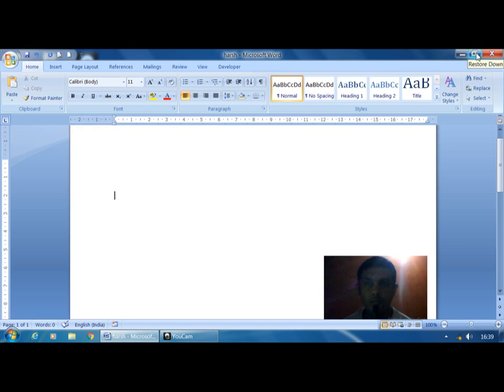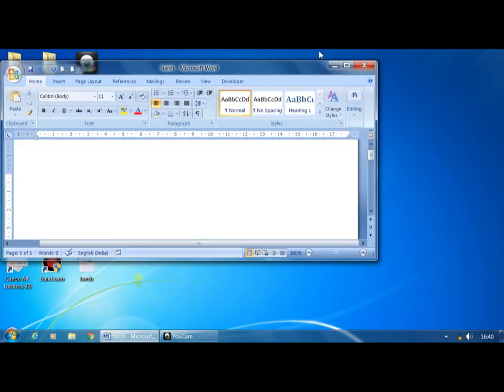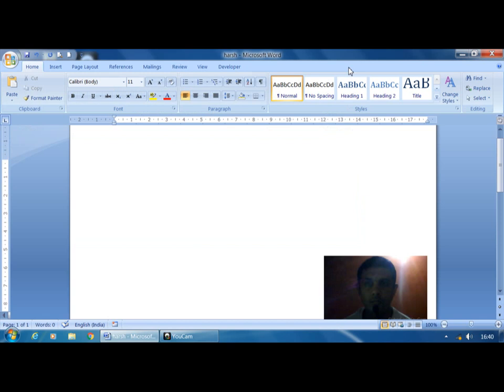So here, the restore button means two small boxes are there. When I click here, see here, it becomes a single box. So it is a maximize which covers the entire screen. So it is not maximize, because if I click the maximize button, it doesn't maximize us, because it covers only the screen.